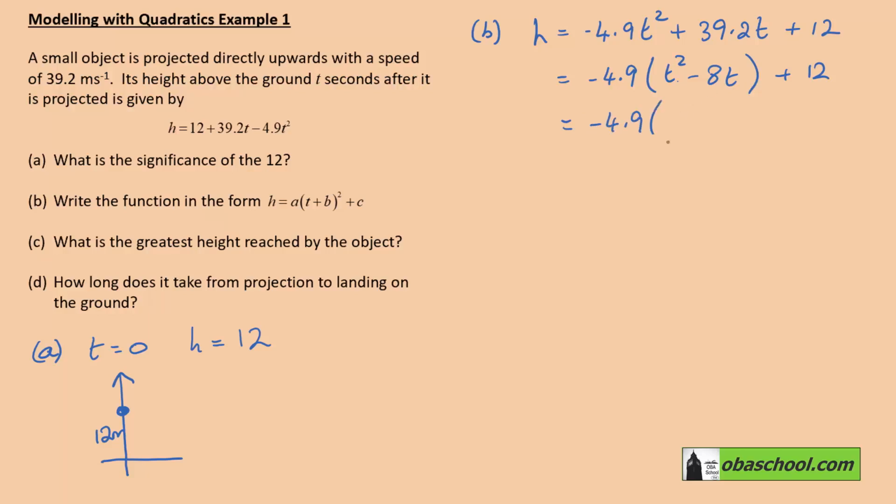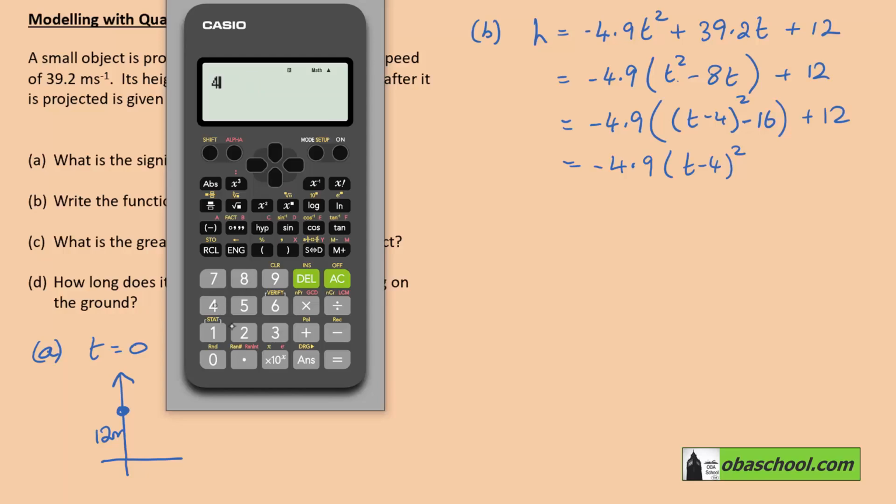Now complete the square inside the bracket. So that is going to be t take away 4 all squared. Now think about that. That gives me t squared minus 8t add 16. So we need to take a 16 away there. Now if we re-expand that, we get negative 4.9 (t minus 4) squared, and then we need 4.9 times 16,